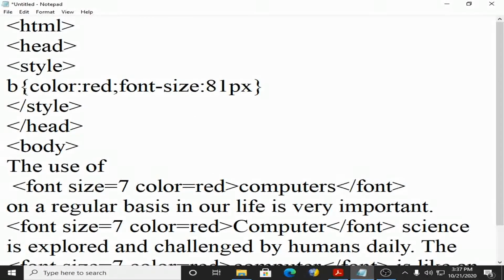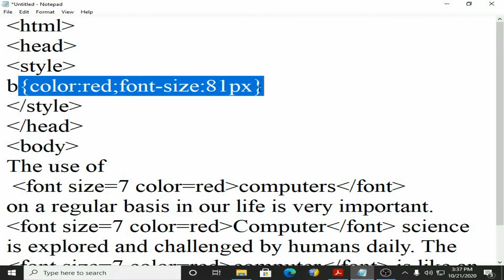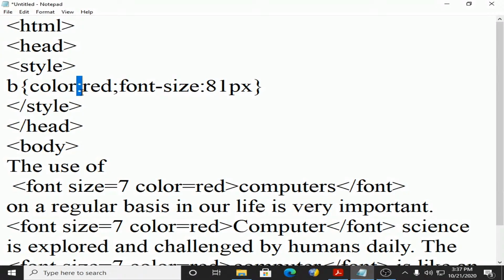Now in the second part, the declaration, you can see here the symbol colon. The word before the colon is known as the property, and after the colon is known as the value, then a semicolon. Here the property is font size, and 81px, px meaning pixel, is the value of the font size property.